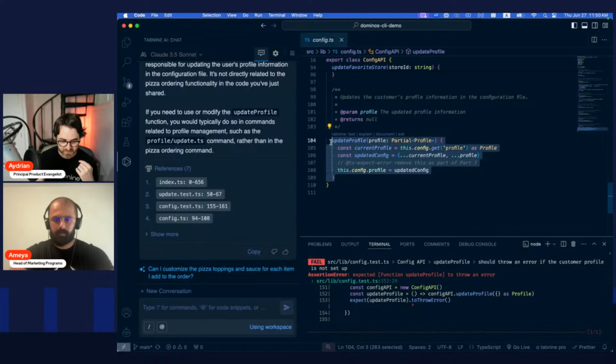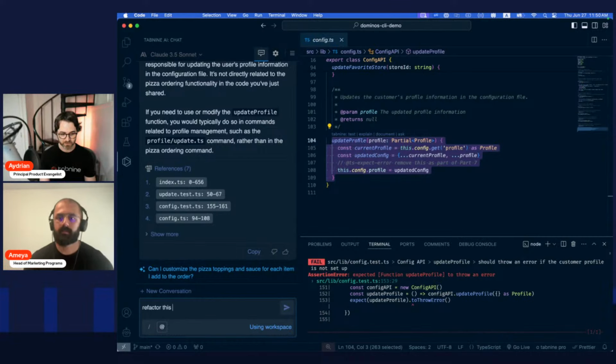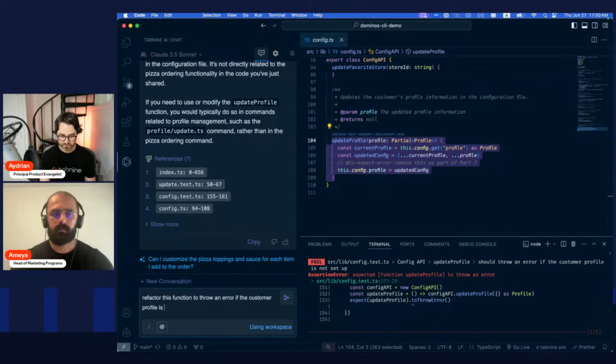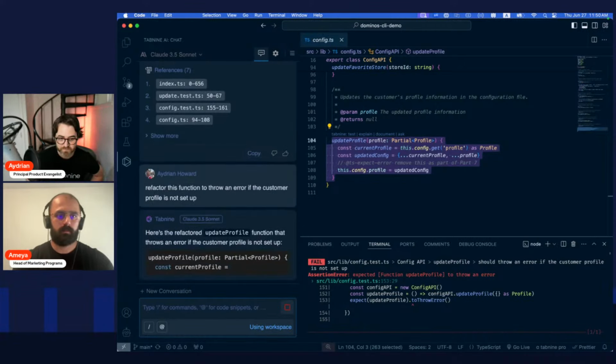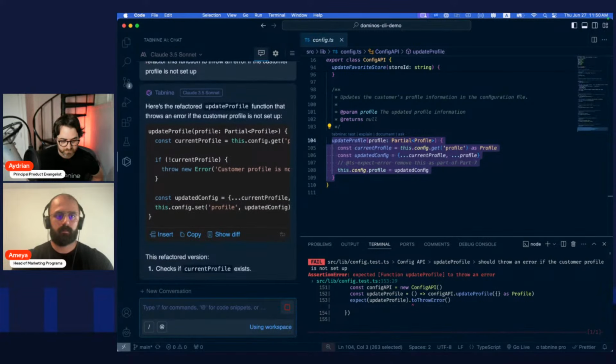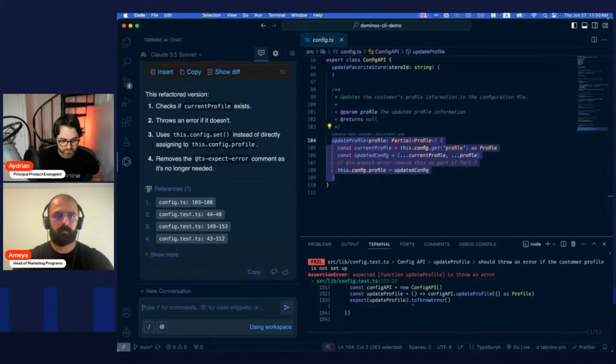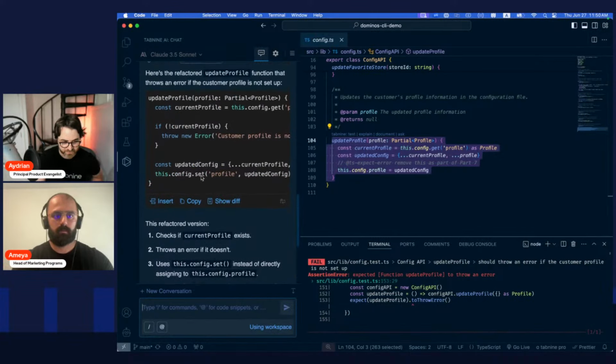So I'm just going to take this file, and I'm going to say refactor this function to throw an error if the customer profile is not set up. All right, let's see how it did.